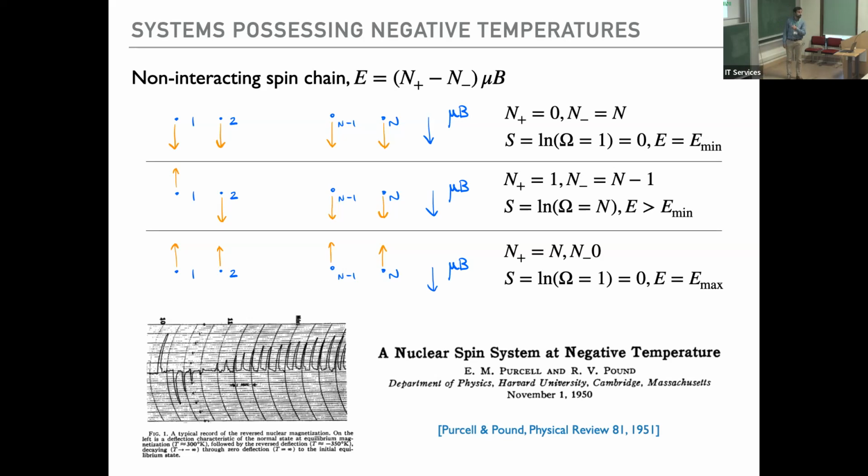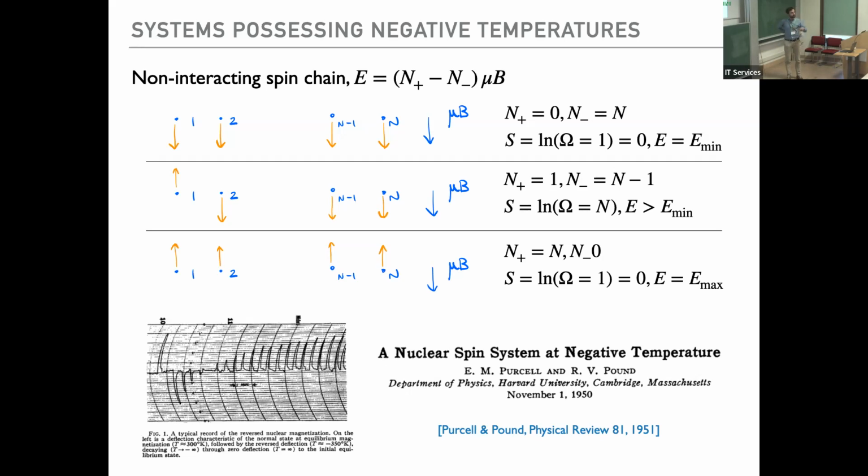In this case, the energy is minimal, and you can also, in an easy way, estimate the entropy, because the entropy is related to the number of configurations of your system. In this case, you only have this one configuration given that energy. So the entropy is actually 0 because you have only one configuration. Now let's suppose that we swap one of the spins, for example, the spin of particle number 1, so pointing upwards. Then clearly the energy is a bit greater than the minimal energy, and the entropy is also greater than 0 because you have n ways to swap one spin in this case, and so S is greater than 0.